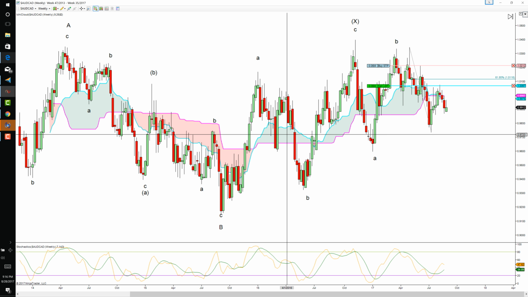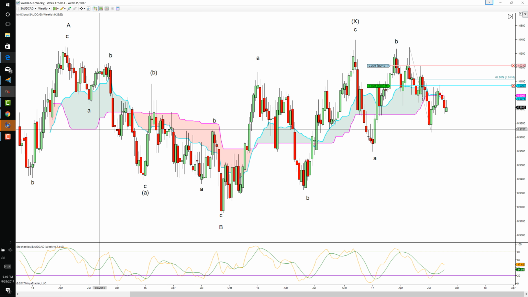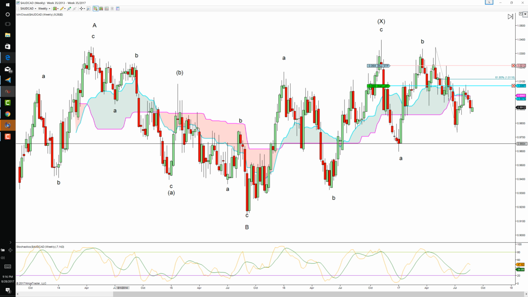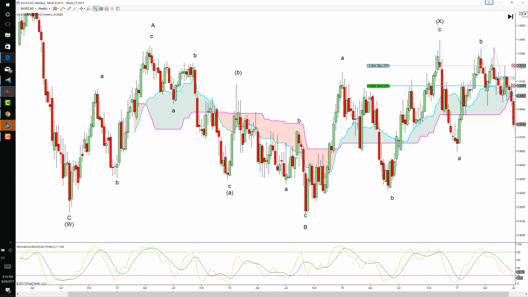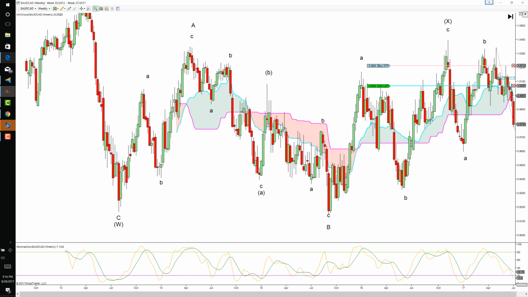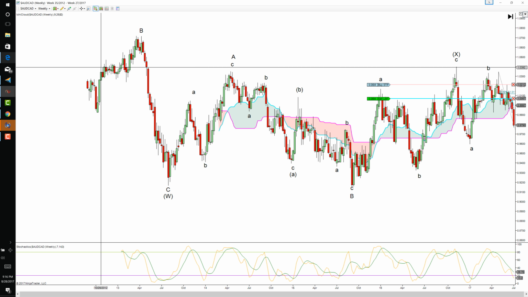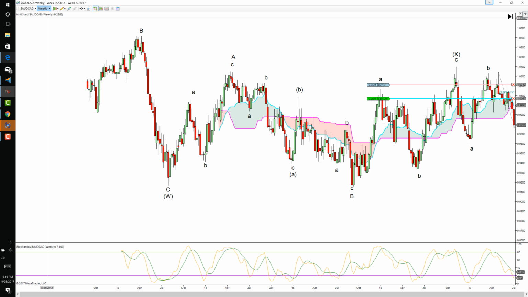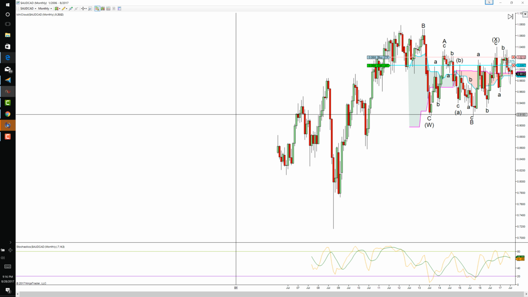But one way to kind of look at that is, what I like to do, wave Y's and W's tend to end in equality. So what I would need to do is get this particular move, A, B, C for W. I would need to go back to a monthly and start from there basically. So, but if a weekly time frame, thing I can do here